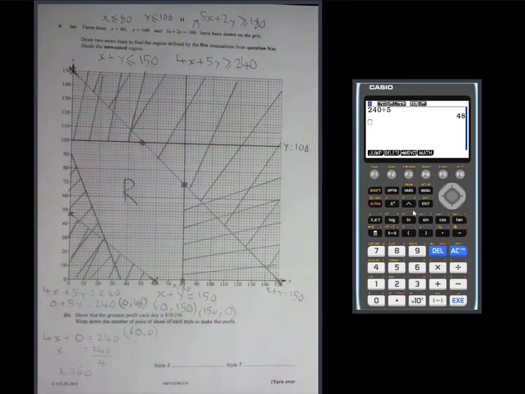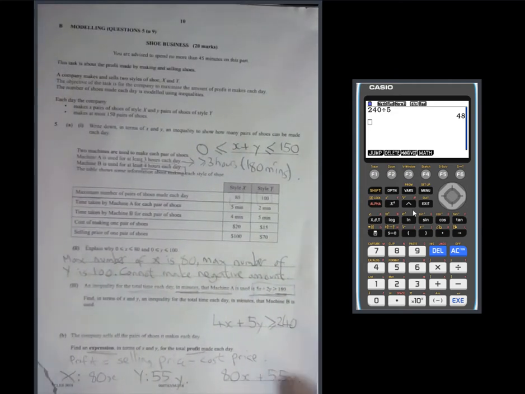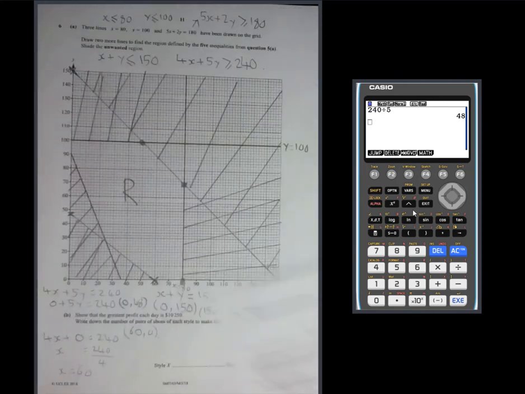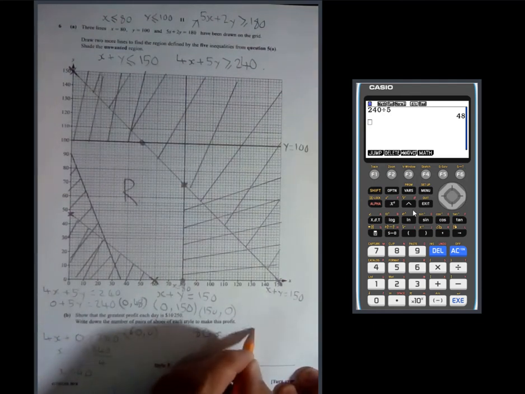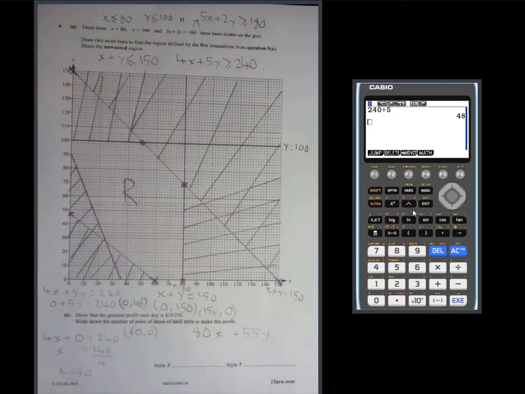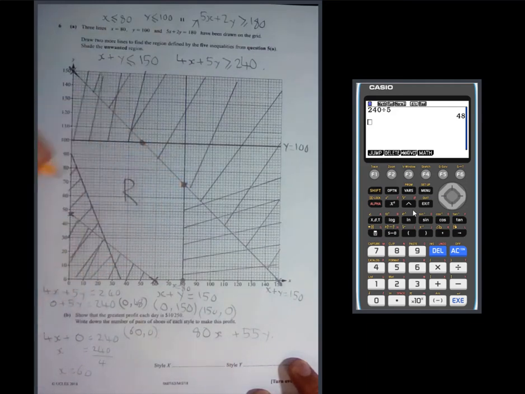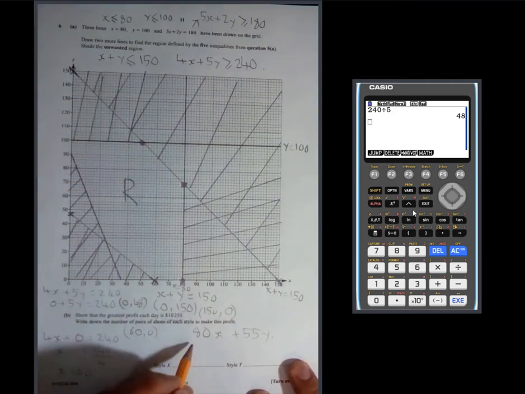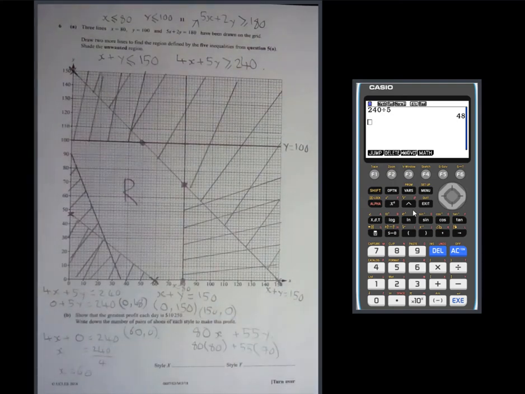And if you're thinking, well, how do I find the profit, because there is a lot going on, if you remember in part 5b, we had an expression for profit which is 80x plus 55y. So if we write that down, 80x plus 55y, we just need to find the x and the y that make this right. So on this point here, it looks like x is 80 and y is 70. So what is 80 times 80 plus 55 times 70? So we go to our calculator,